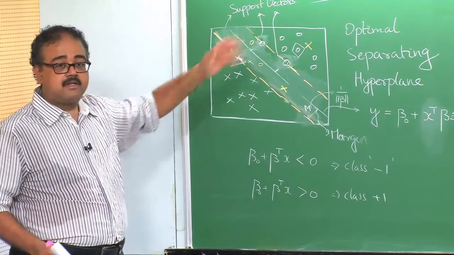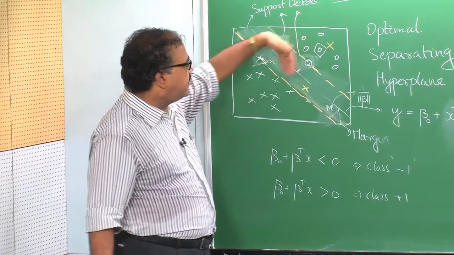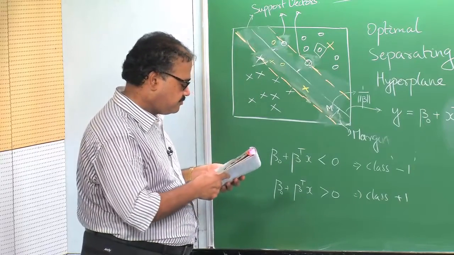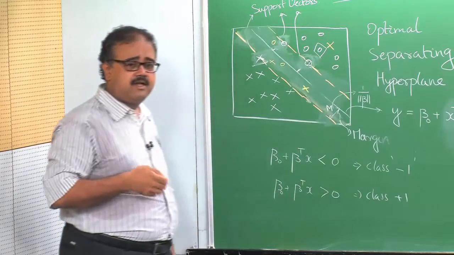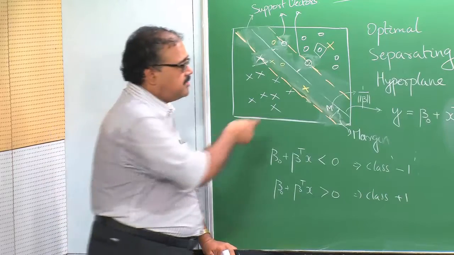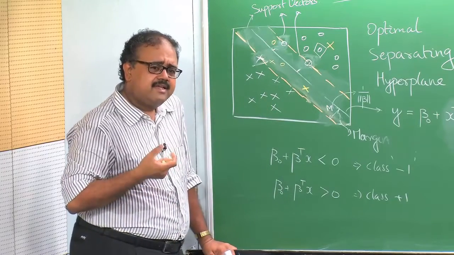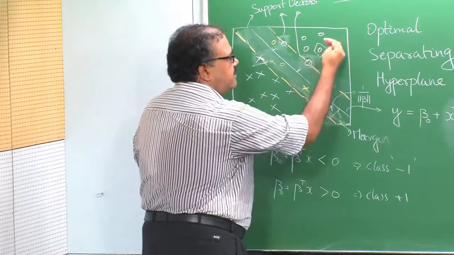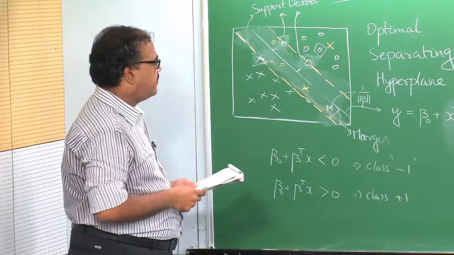So, this is a non-separable case, a linearly non-separable case, because some of my data points are really mixed up here. I would still like to have a large margin, but not only am I allowing data that is not separable, but I am also allowing data points to fall within the margin. So, it is essentially two sides of the same coin. If I am allowing data to fall within the margin, in some sense I have the flexibility to make some kind of errors as well.